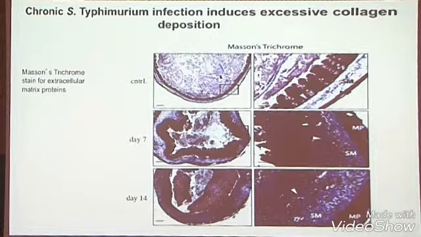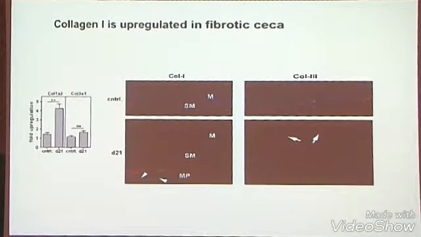And what they found is there's massive deposition of collagen in these things, at low mag and high magnification. There's this huge collagen deposition. It looks very much like the strictures and the fibrosis structures you see in Crohn's disease. You can actually look at the upregulation of the collagen genes, and Salmonella, 21 days into it, causes a massive upregulation. It's hard to see here. Massive upregulation of collagen genes.